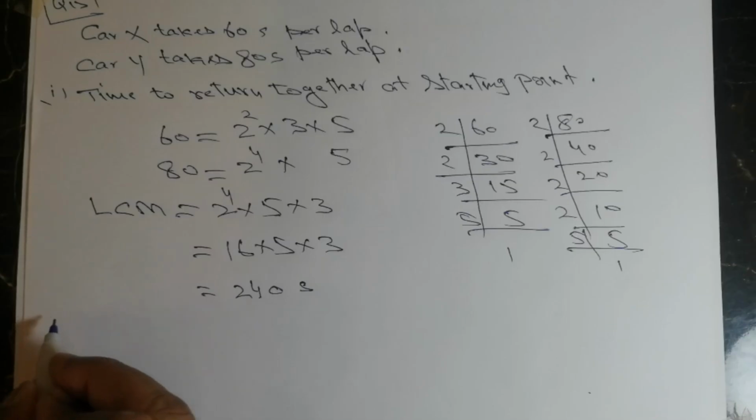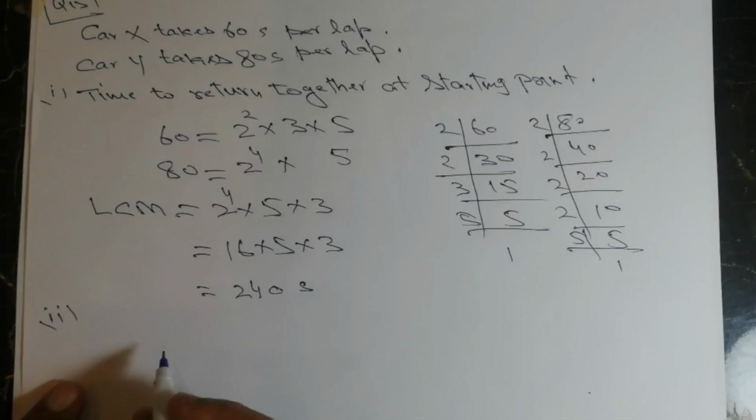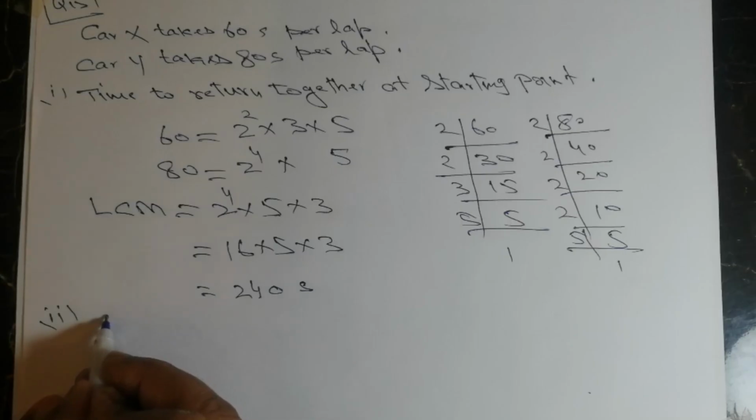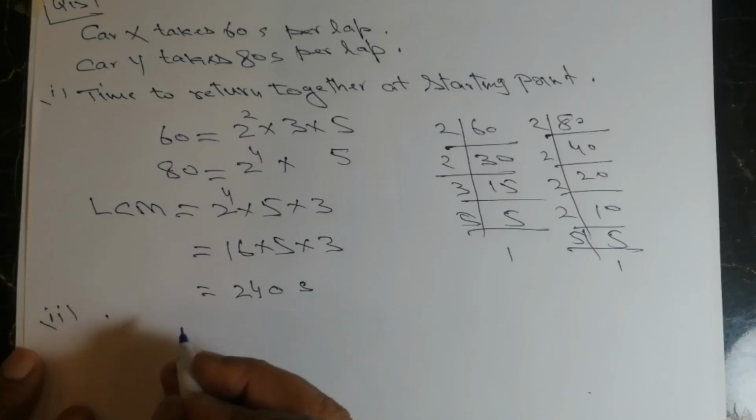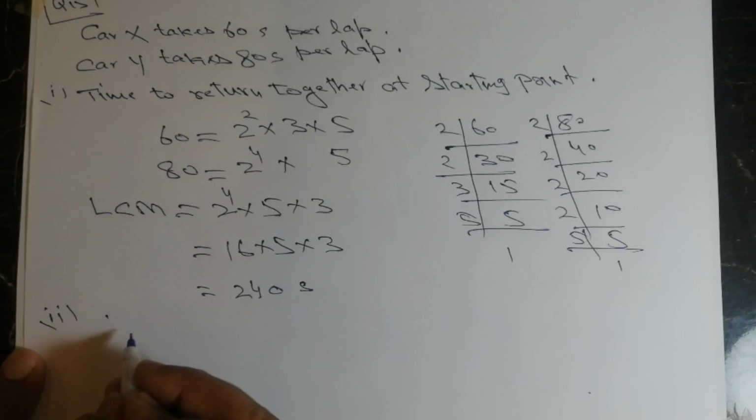So part 2 is the time for the faster car to be 5 laps ahead. What is the speed difference? Car X is faster, so X